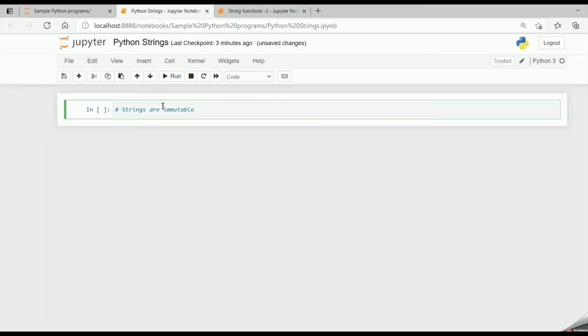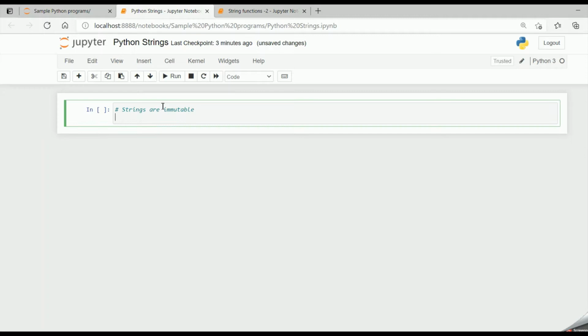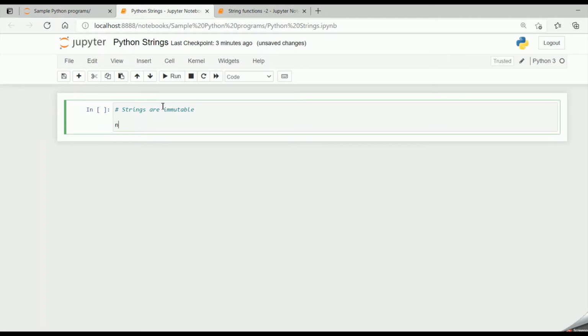In Python, strings are of immutable type. We cannot change the contents of the string. So, for example, let me say name equal to "I like Python programming". So, my name has the value I like Python programming.